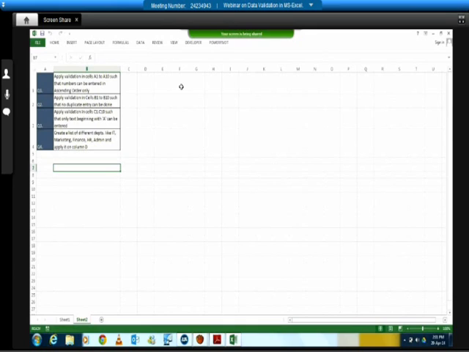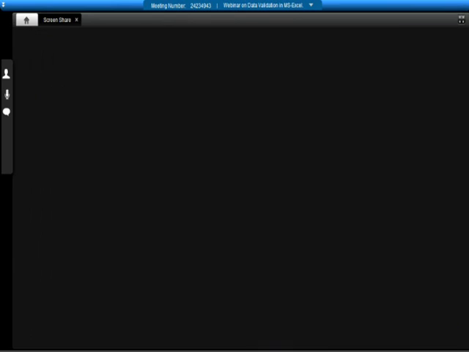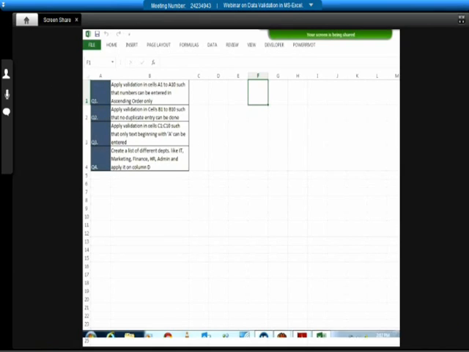So step number one is that we have to apply the validation on the cells, and we have to select the cells on which we are going to apply that validation. For example, I want to apply a validation of whole numbers. I want to make sure that anybody who is entering a number in those particular cells can only enter a number between 1 to 100. Let those cells be F1 to F10, where I want to make sure that the user is following my validation. What I'm going to do is select F1 to F10.